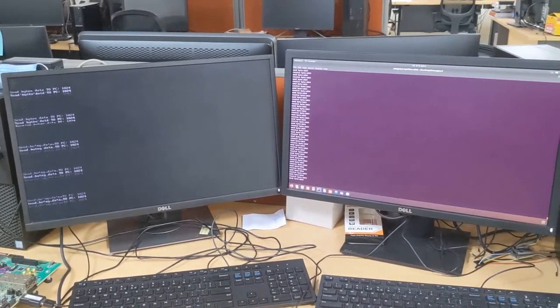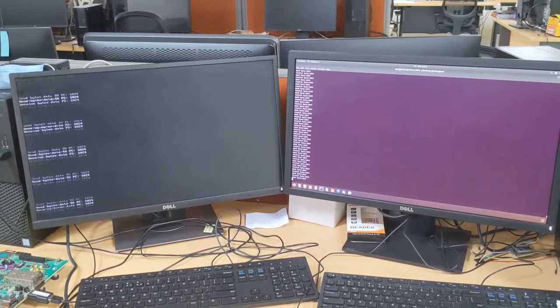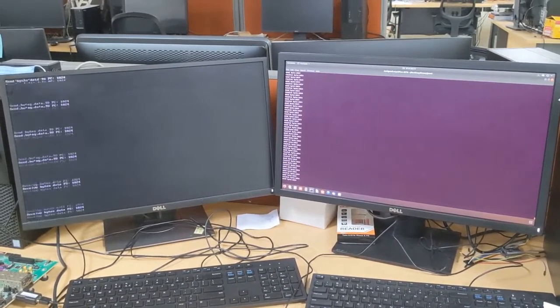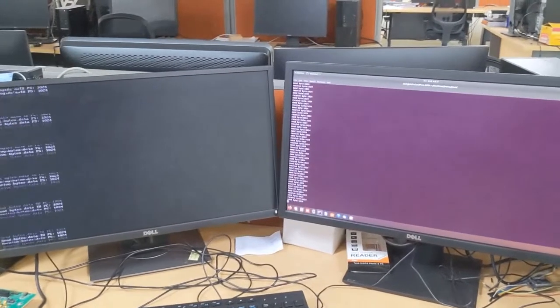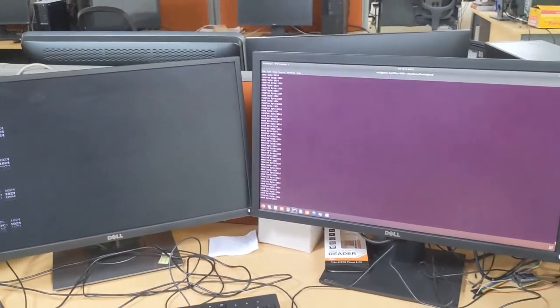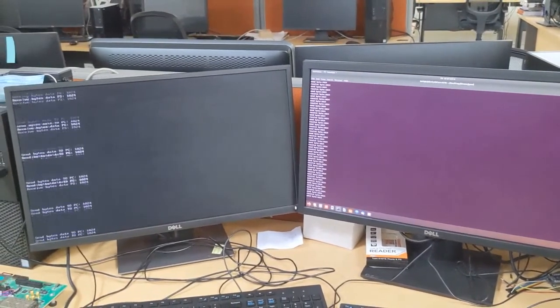This is the data transferring right now. Here we show how many bytes at a time we are sending from the PC and receiving at the PC. We are running very fast, which is why it is not displaying properly. After completing this, I will show it. The data transfer is going on right now.